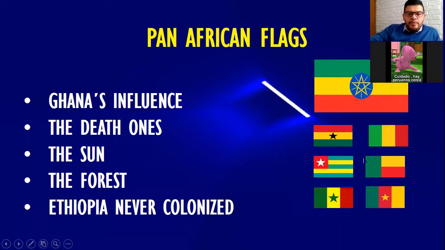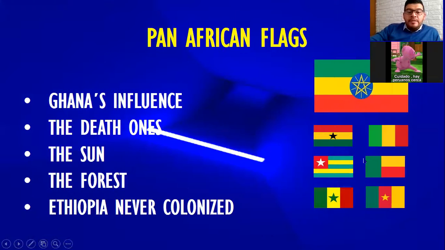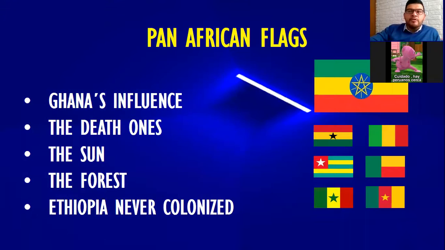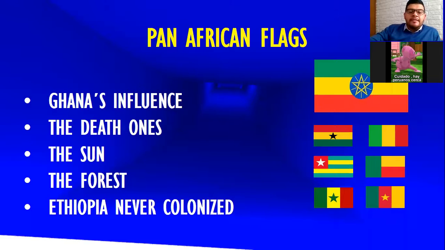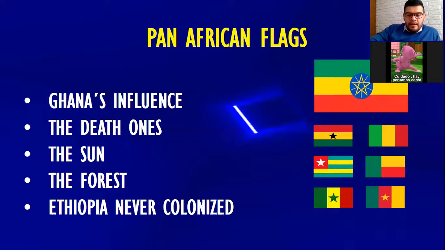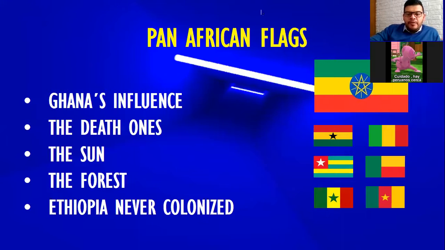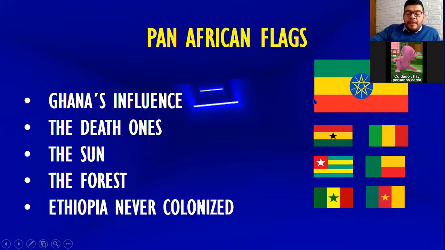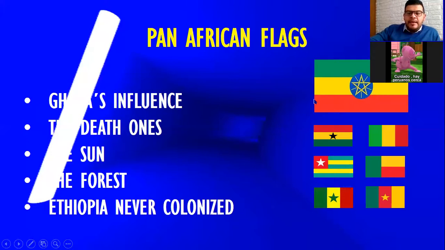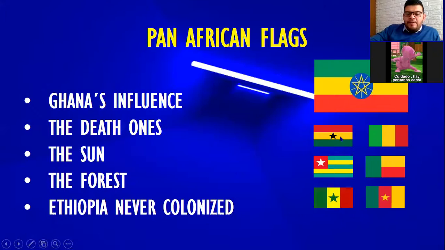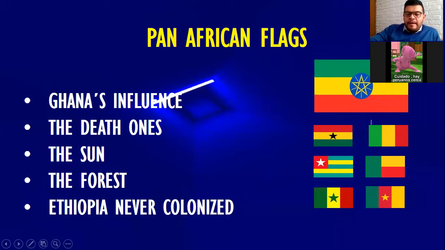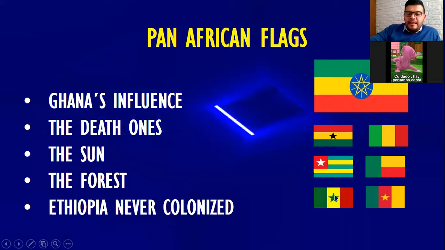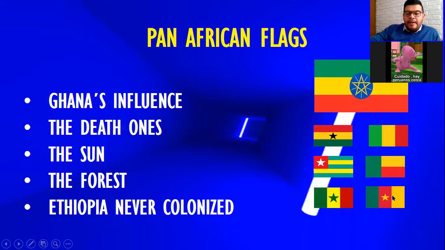And well, we are going to go back to the African continent, but this time it is not in the south of the African continent. This time it is going to be in the west side of Africa. We have here some countries. Let me introduce you the flags that are here, right? Here in big, we have the Ethiopia flag. And here we have Ghana's flag, Mali's flag, Togo's flag, Benin's flag, Senegal's flag, and Cameroon's flag.